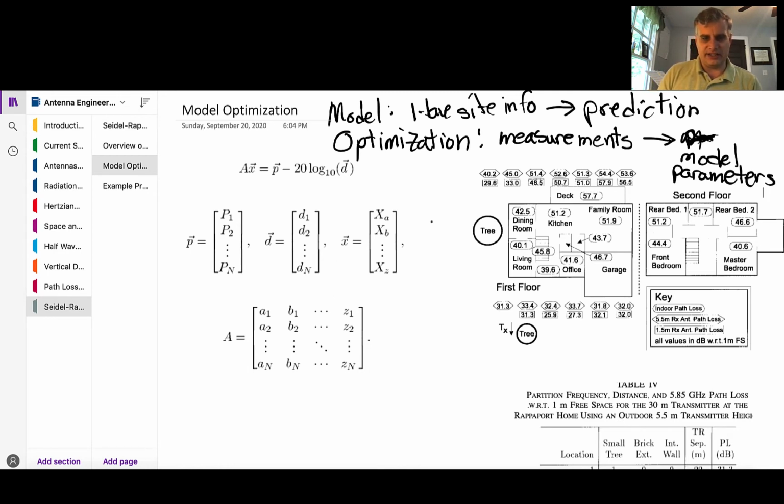Now, take a look at this. One of the nice things about the partition-based model is you can organize everything into a matrix. And that's important as a first step if we want to reformulate to solve an optimization problem. Computers are, of course, very good at doing matrices. Matrices, there's nothing particularly special about them. They're just a bookkeeping scheme to organize a lot of data. So if I have a bunch of path loss data,